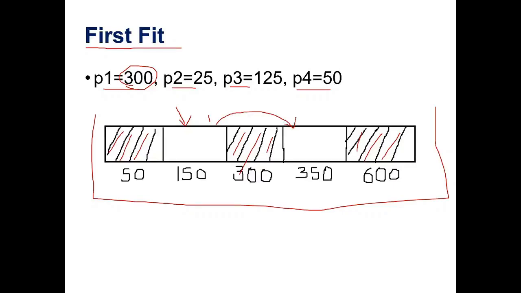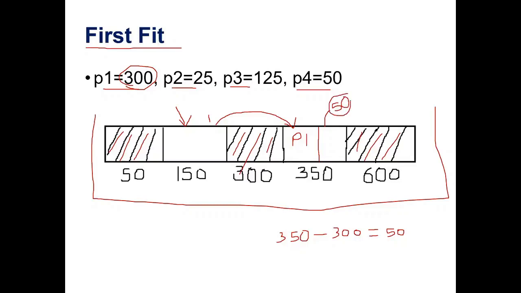So this is the next free block. Now the size of this partition is 350 and the process size is 300. So now you can allocate the process P1 here in this block. After allocation, how much memory is remaining here? Out of 350, 300 has been allocated. So the remaining 50 is going to be free memory in that partition. So 50 is going to remain here.